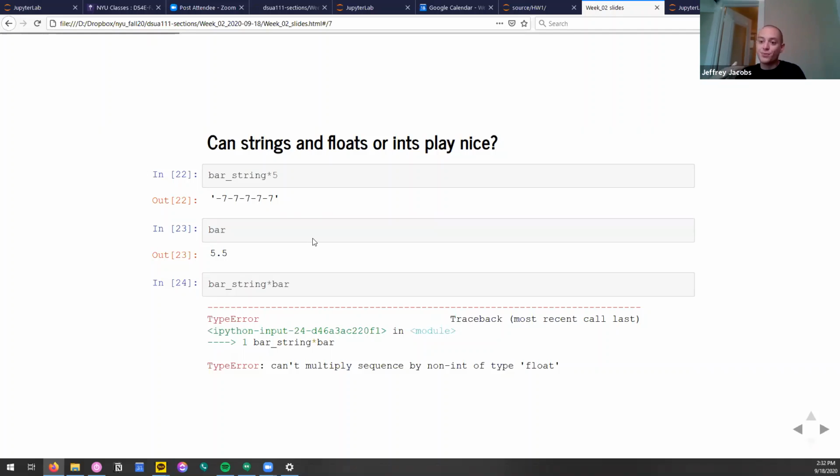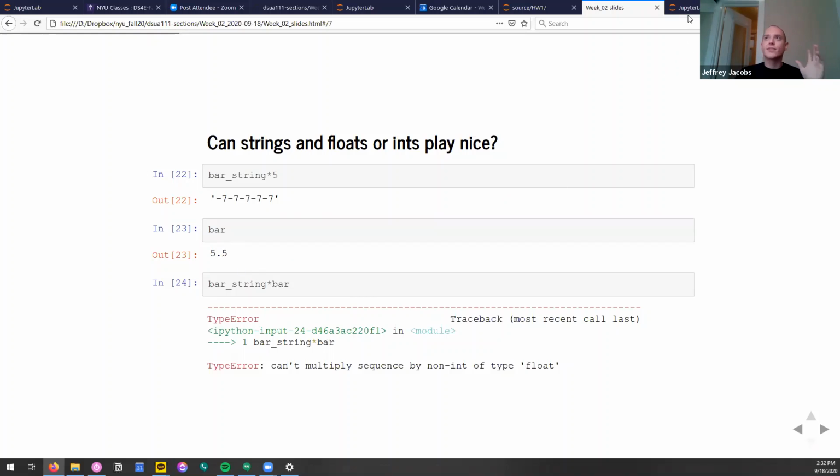It completely stops working if I say, hey, go ahead and repeat that 5.37628 times. It's just not a well-defined operation. And so finally, that's where we break Python, when we try to multiply a string by a float,